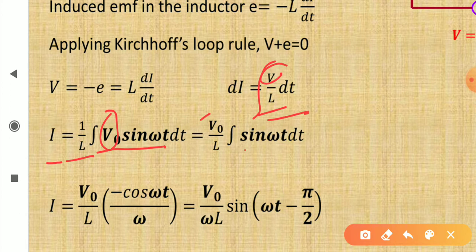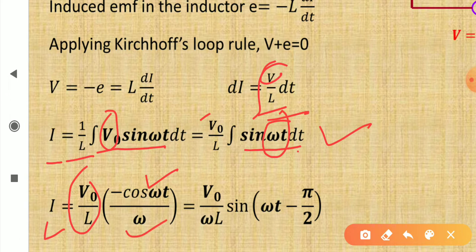Now inside the integration, we have sine omega t dt. So I is equal to V naught upon L into, integration of sine omega t is minus cos omega t upon omega, and this omega is also constant, so take it outside. So now you are left with V naught